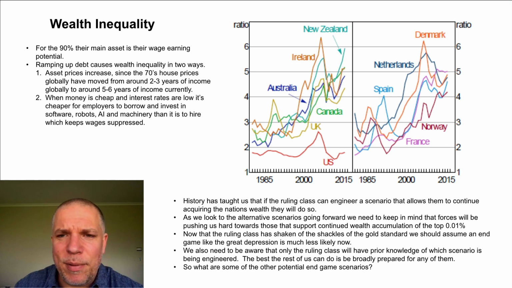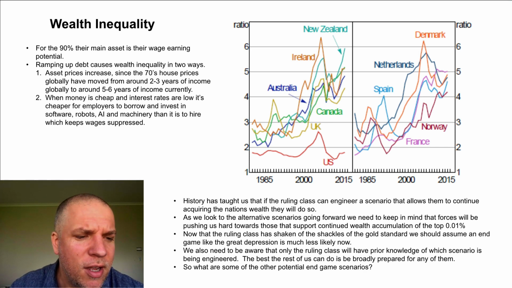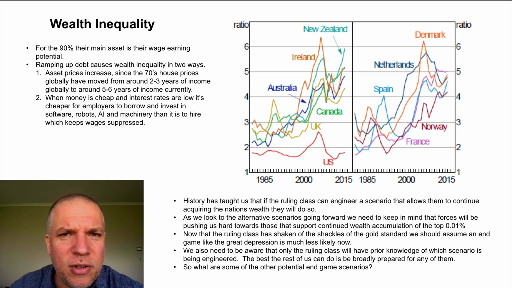So we should next just step in and try and understand what these scenarios are. What could these other options look like going forward? The ruling class, they're aware they don't want civil unrest. They're going to try and do what they can to maintain law and order. They certainly want to maintain their wealth. The last thing they want is to lose their wealth because of disruption.